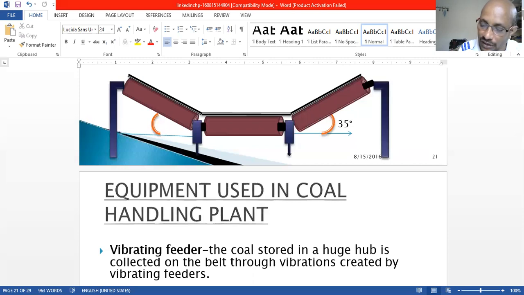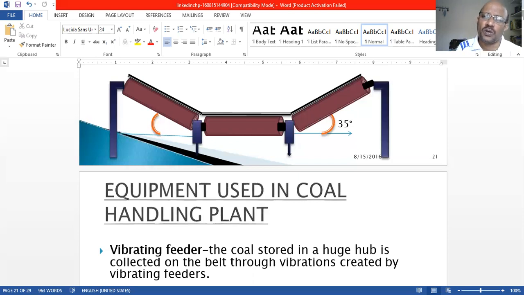Now we will see the equipment with the help of belt conveyors. The belt angle is 35 degrees, so it carries the coal at 35 degrees. It can't go outside, either this side or that side. That's why we preferred this. Generally, for the hoisting of this conveying device, we have 20 degrees horizontal, and high lifts and high length belts will be there. So the installation cost is very high and the maintenance cost is also very high.